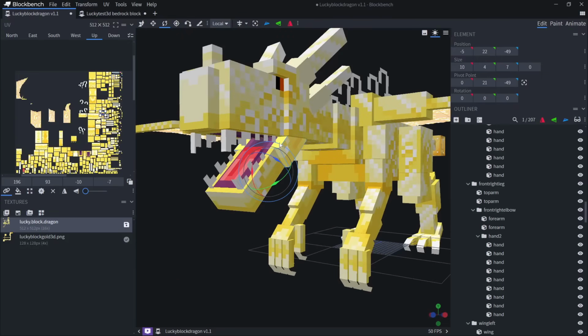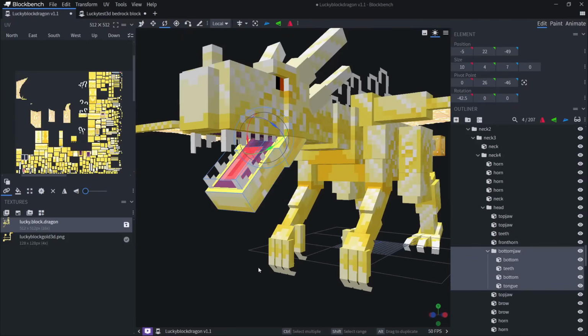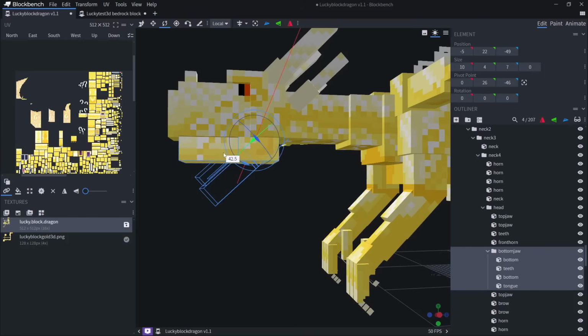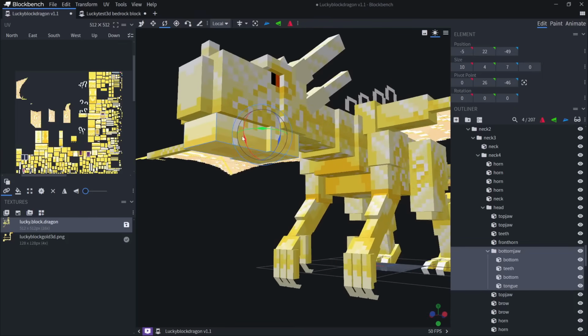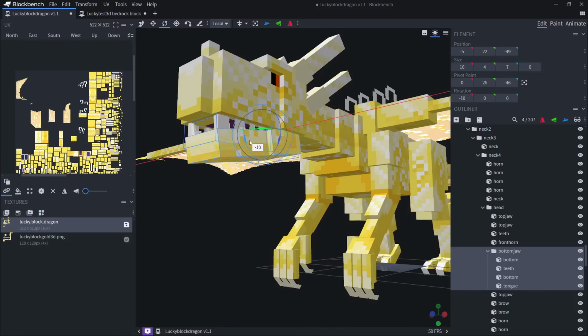Let's find the lower jaw, bottom jaw. Let's close this bad boy up and see. Very, very nice, and if I do say so myself,